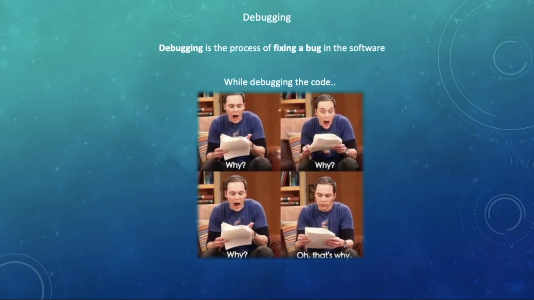Okay, the question I'm going to ask is for all the software engineers out there. How often have you written code that did not work on the very first try and that you had to debug? Well, we have all had that happen more often than we want to admit. So debugging is the process of fixing a bug or issue in the software, like a syntax error or the null pointer error that we get sometimes. And it basically refers to identifying, analyzing and removing these errors.